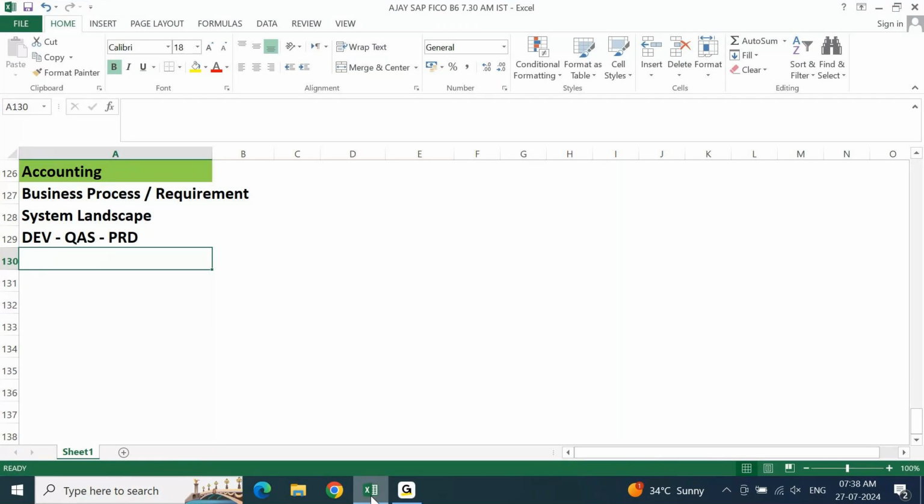Second thing, there is something called a backdoor job. There are so many people in the market who will provide backdoor jobs. What they will do is, you complete your SAP FICO course, and then instead of attending the interview, you are purchasing the job. You are buying the SAP FICO course, and you are also buying the SAP FICO job.